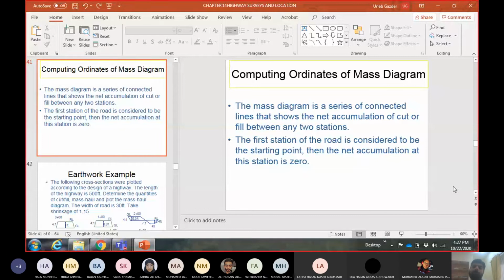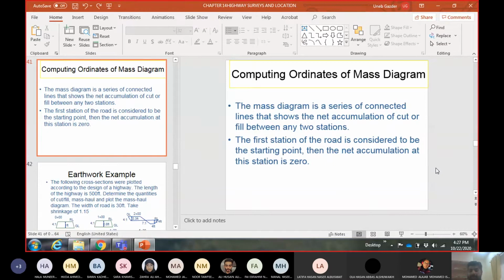Okay. And the other point about the ordinate diagram here is it always starts with 0. The first point is always 0. Why? First point means first station. The first station will not have a length, so until you multiply with the length, which happens at the next station, you cannot have volume. So the volume at the first station will be 0. The ordinate of the mass haul diagram is the net accumulation of the earthwork quantity, and the first point always starts from 0. So the first point is the origin, 0 distance and 0 quantity. Okay, this is about the mass haul diagram.